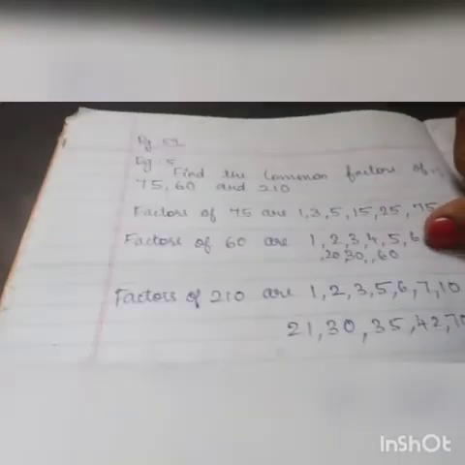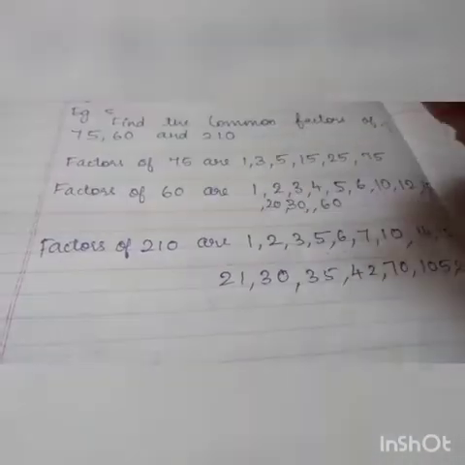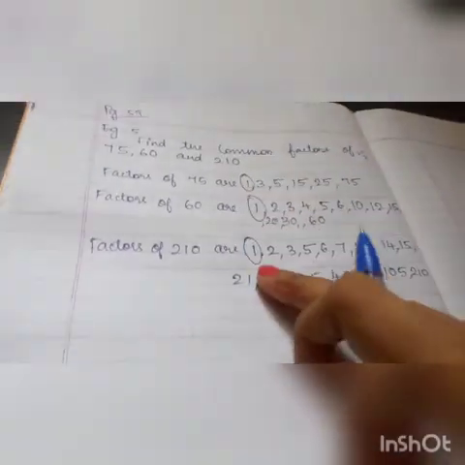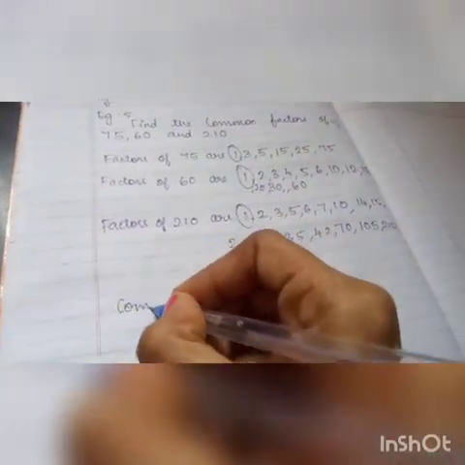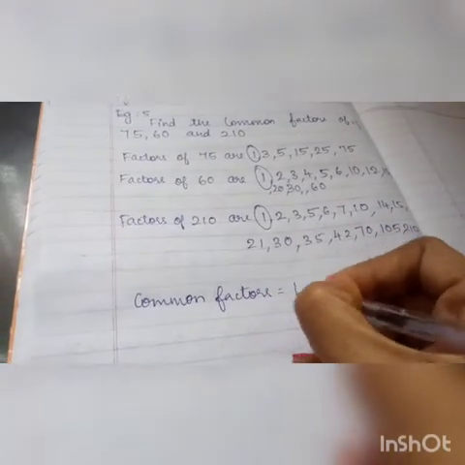Okay, next find the common factors. Listen, there are 3 numbers. So if a number is common in all the 3 only, it is a common factor. 1 is common in all the 3. So common factors, shall we find? 1,